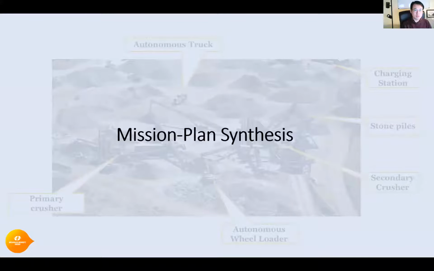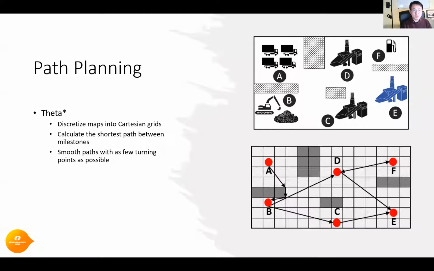First, let's talk about mission plan synthesis. To realize that, first we need to calculate the paths connecting the milestones in the environment where the tasks are supposed to be carried out. So classic path planning algorithms like theta-star algorithms here are able to calculate the shortest path between two positions in the environment. However, they cannot cope with the special road conditions, such as temporary obstacles that only exist for a